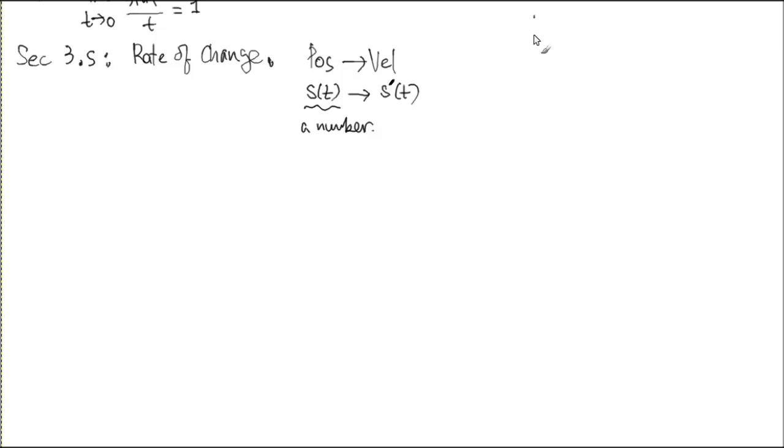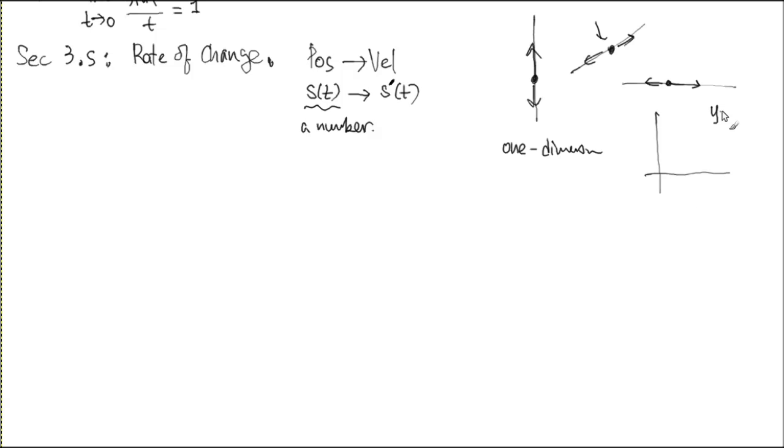So either the particle is moving up and down like this in one-dimensional motion, or horizontally, or whatever the linear location is. The coordinate system is built along this line. And we sketch this function a lot, the graph of s(t), y equals s(t), here in t,